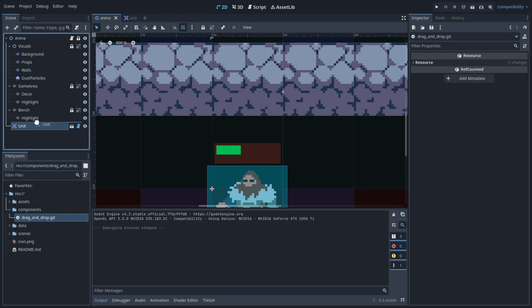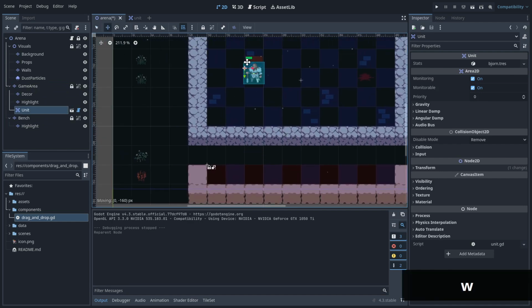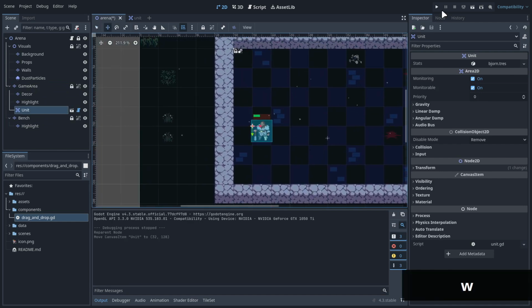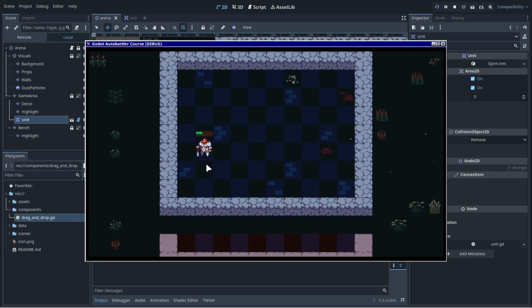And let's say that we add this unit to the game area, right? So this unit will be inside the game area because it's on the battlefield. But what I can do is I can grab this unit and move him back to the bench, right? So if I move him back to the bench, what happens here? Well, if you take a look at the scene hierarchy right here,